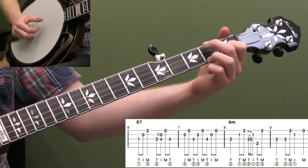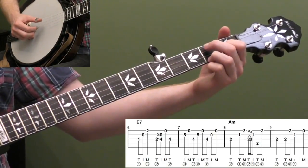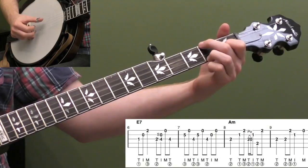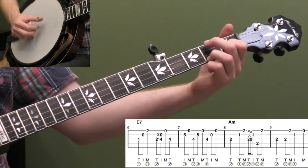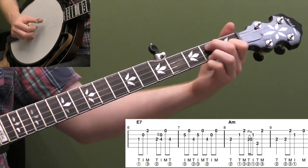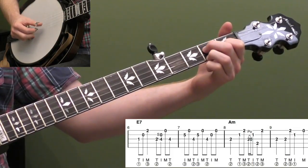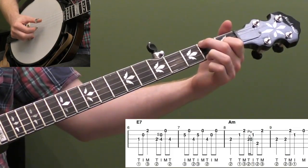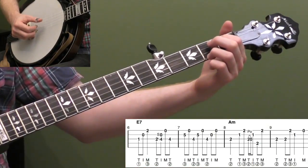You might have seen something similar of that style lick over a C chord if you ever played, what's that song Earl does? Flint Hill Special uses a lick like that. Basically a similar lick, now we're just doing it over an A minor chord. So again, we slide up on that E7, here's 6 and 7 into 8. So we have...